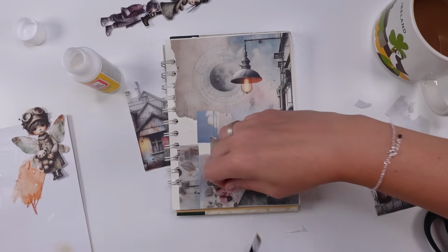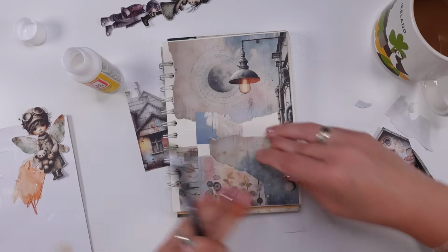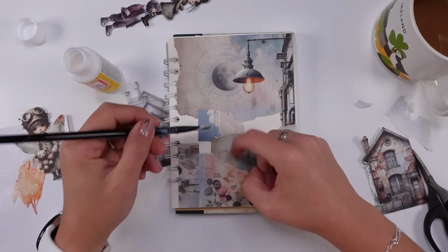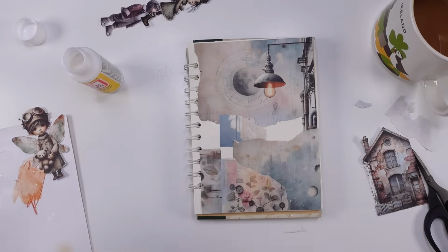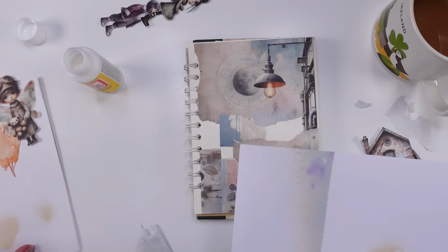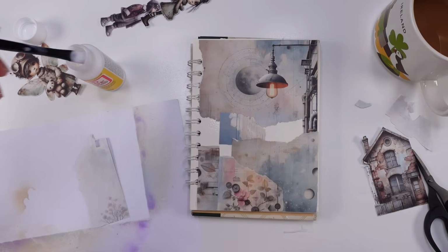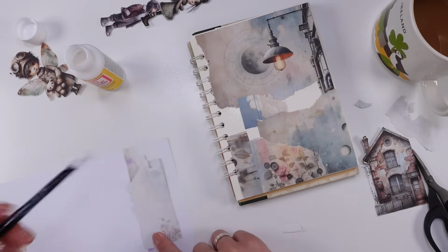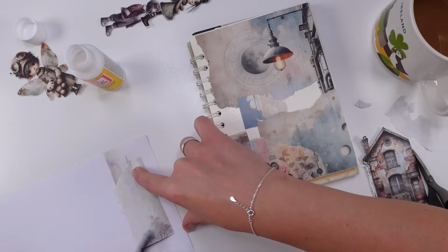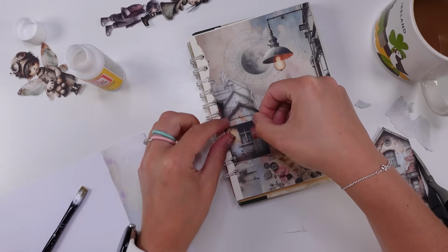That is a good way of doing it. So lifting a flap, adding the glue, and at least you're staying in the position where you planned to have these elements. Pretty much, actually. Okay, next step is I'm just going to grab this paper and have my houses. So we actually managed, guys, to glue things down